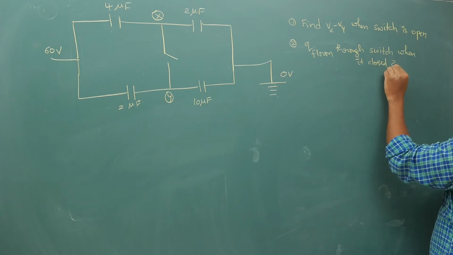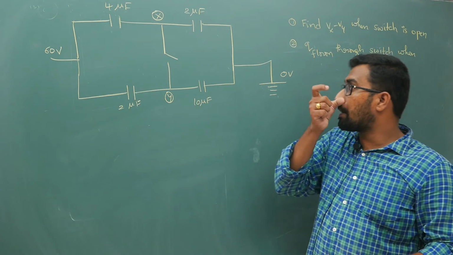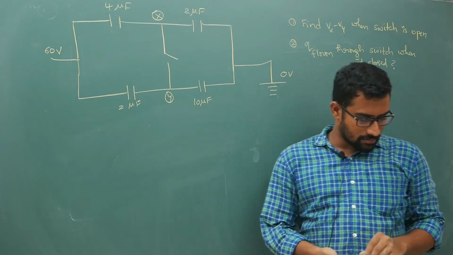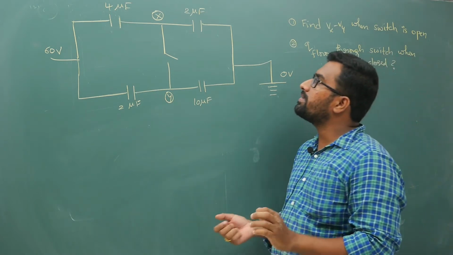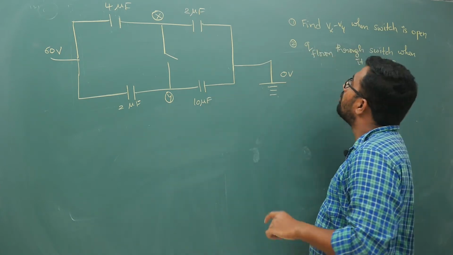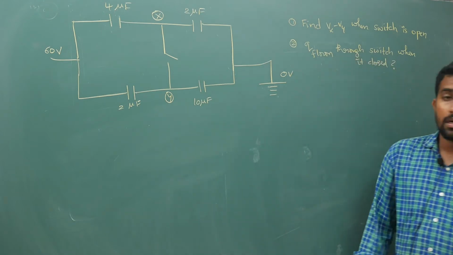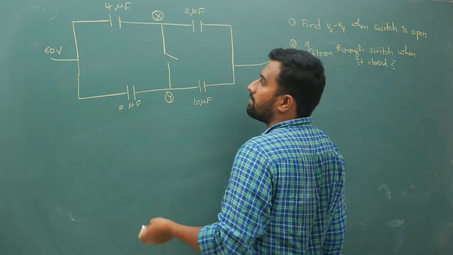So I don't know whether you have solved the previous one completely or not. So that is why, for understanding's sake, I am giving one more example. Now pause the video clip, try the answer, then only you do this question. Right. Now when the switch is open, you are supposed to find out your potential difference.